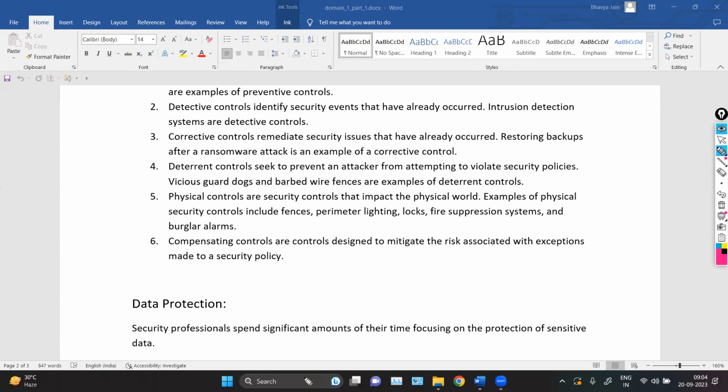And if your company is unable to fulfill the objective of PCI DSS, then the court will charge you a penalty for that. It is obvious. They will charge a lot of penalty from your company because you are violating the law, or we can say the standard. In that case you have to compensate for that. For example, you take insurance. That is known as compensating controls against a security policy.